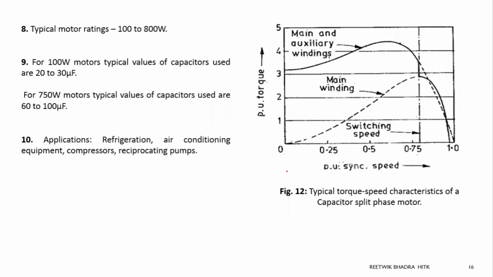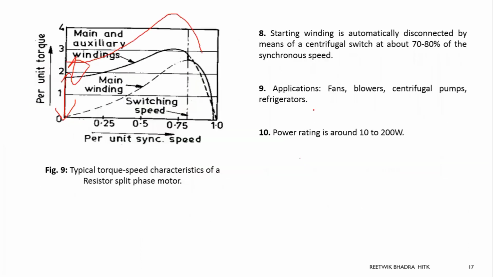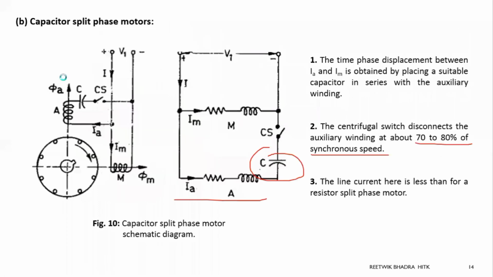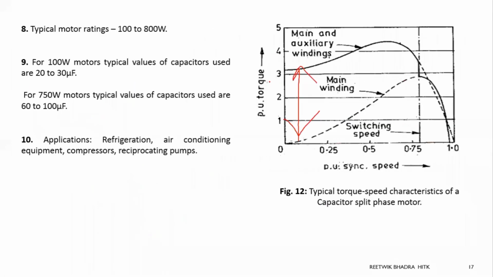They get damaged. Now you see the starting torque is increased. You compare the previous diagram, it is starting below 2, and now it is starting above 3. So the starting torque is increased over here. That is the main advantage. Power rating you can understand from here, you just go through it. All these points should be present in your copy when you are writing the description.